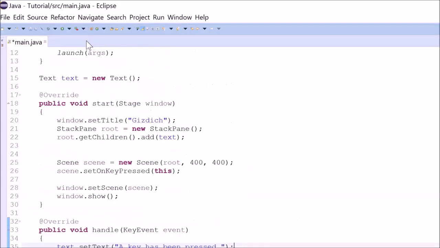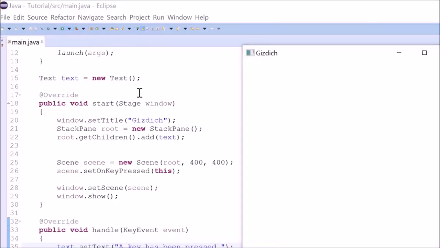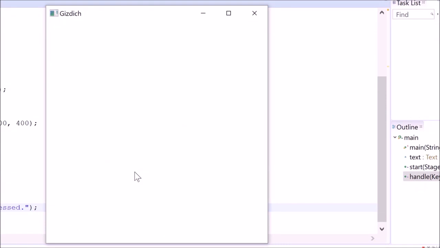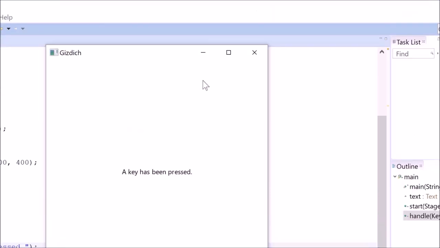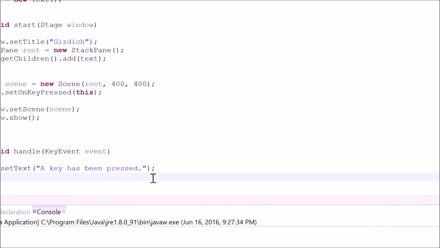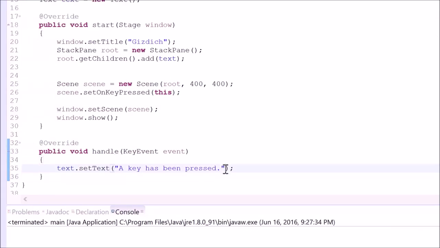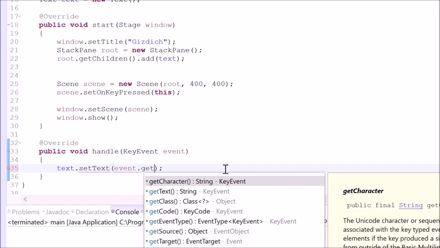Now let's run it. I am going to type something. Key has been pressed. I want this window to display what key I am pressing. To do that, I am going to show you. Delete this string, then type in event.getCode